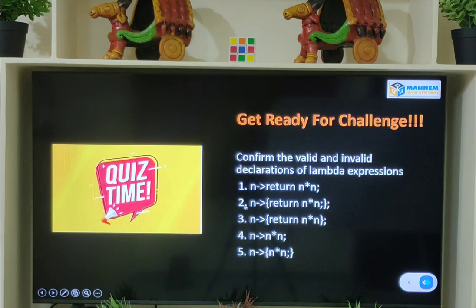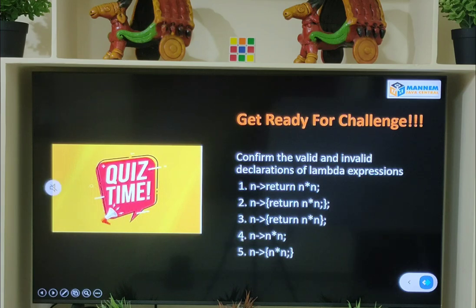Let's see the second option. The second option has the return keyword, and that return keyword is surrounded with curly braces, and even that statement has been completed, ending with a semicolon. So this is a valid option. See the third option. The third option has a return keyword surrounded with curly braces, but the statement was not completed, meaning you are not seeing any semicolon after the return statement. That's why it is incomplete and not a valid option.